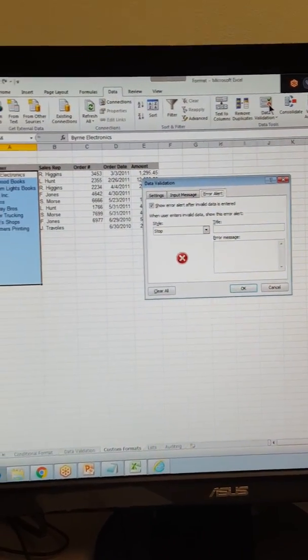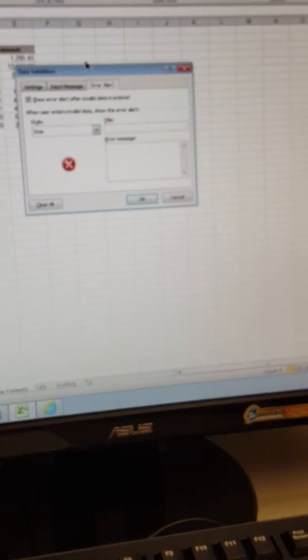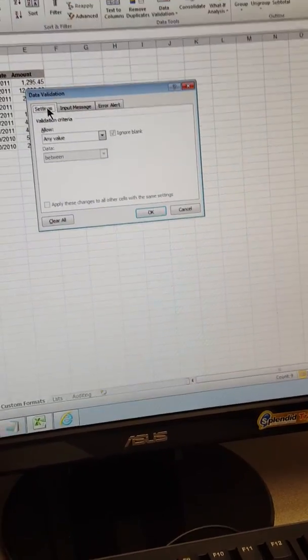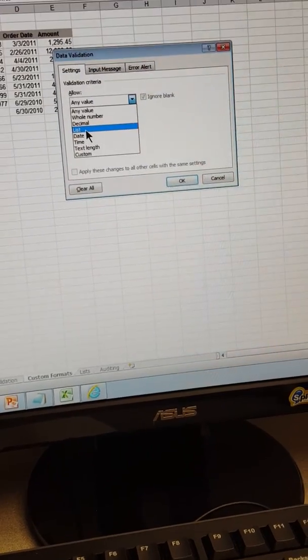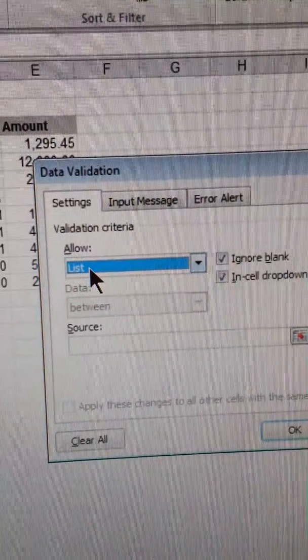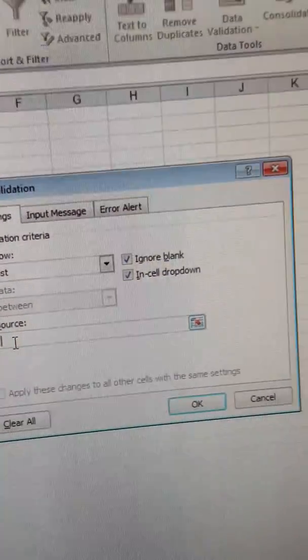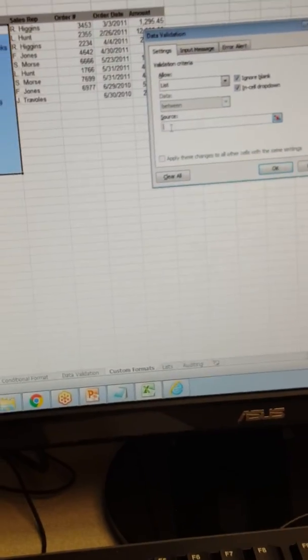Data validation. You can click the top button too, instead of clicking the one that says data validation, but it's not wrong to do it that way. Just takes a second longer. Anyway, let's activate the settings tab. Now, since you're creating a drop-down list, you would allow for a list. So you want to choose list, and then see where the source is? That's right. Now, if you hit the function 3 key,